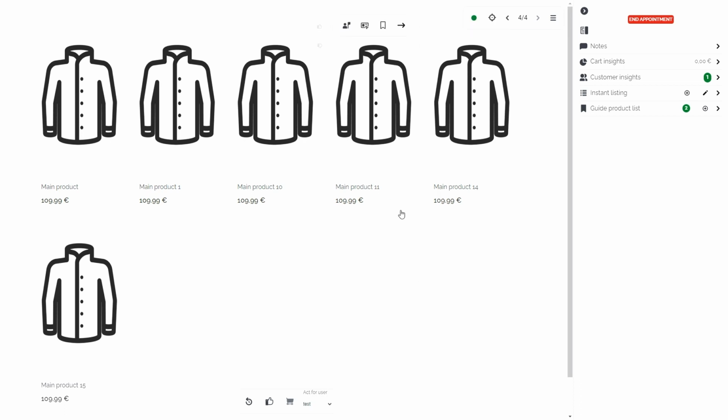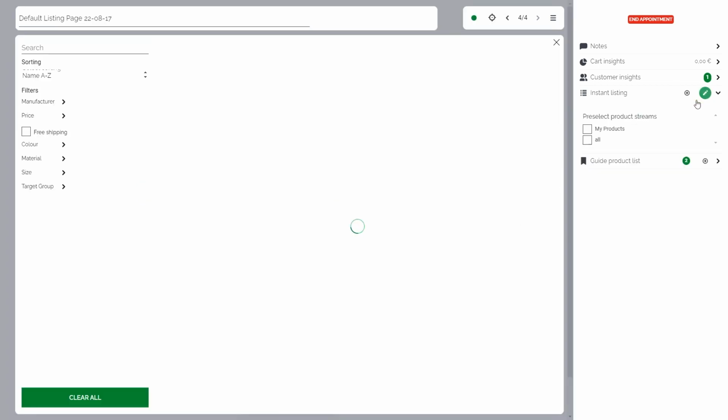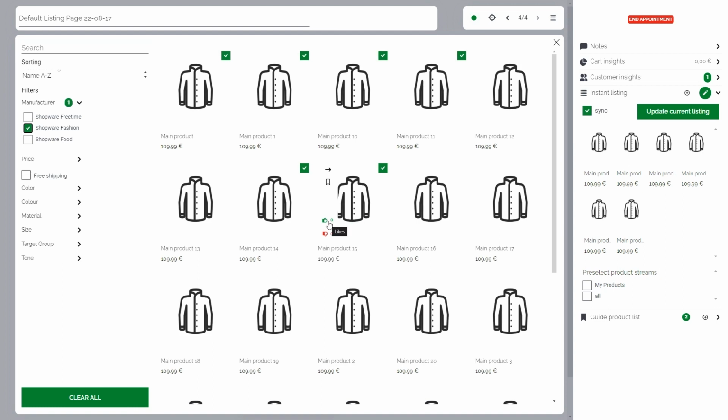So this is the overview of the new list then. Obviously you can get your user again, you can highlight products, you can remove. You can't save it anymore because this is already a created list, so you could only remove your product from this list, or as usual just go to your product detail page. One more thing, if you go into the list, you also see if customers have liked or disliked products. So you could even select products with likes or dislikes to add them as a new page.